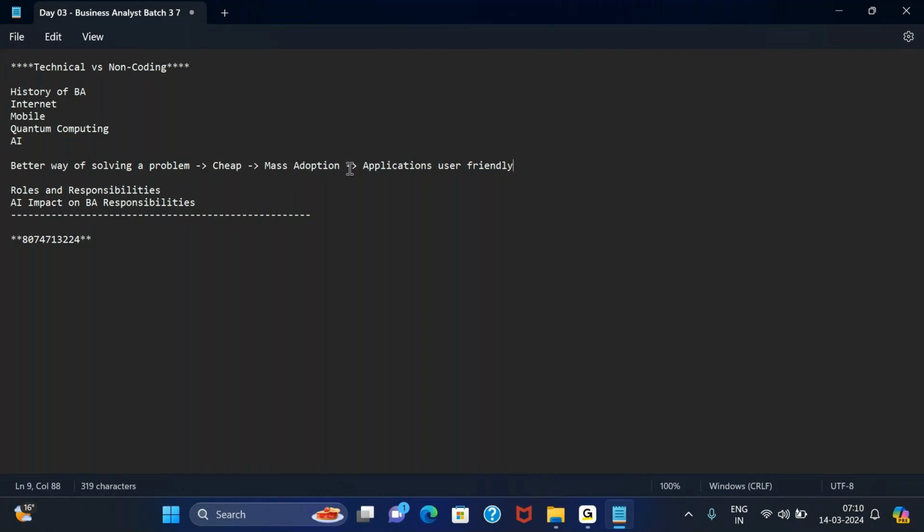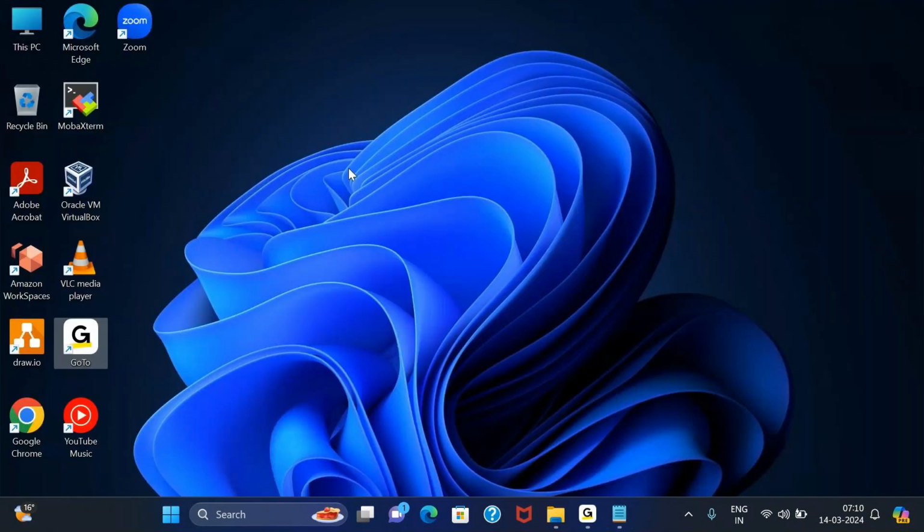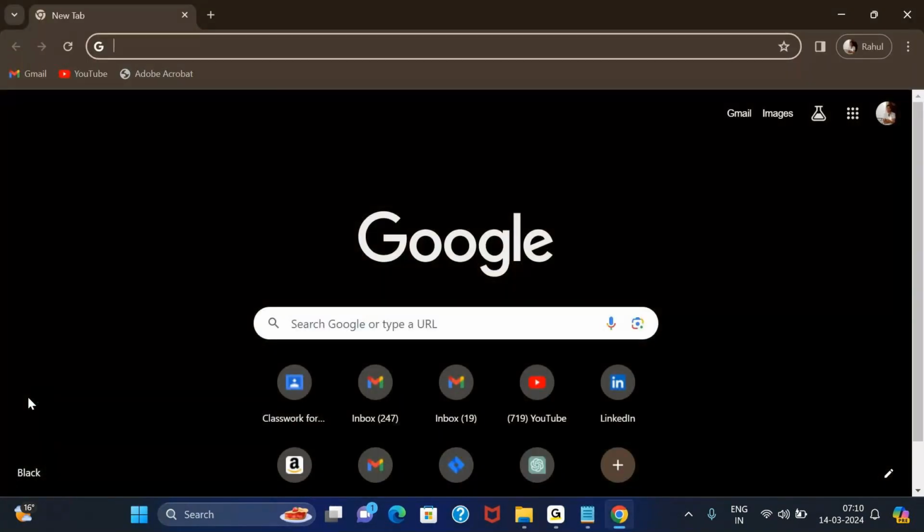Okay, so what do I mean by user friendly? For example, open up this Google Chrome. This Google Chrome browser lets you access things on the internet. Now see how this Google Chrome UI has been created. We have a search bar at the top.